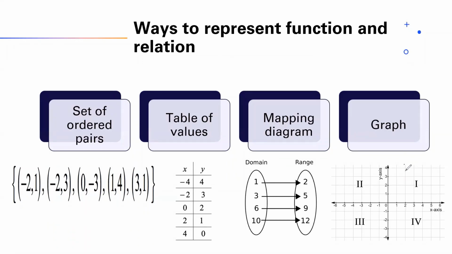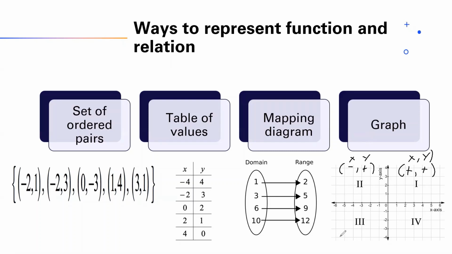For quadrant 1, the sign of x is positive and the sign of y is positive. X moves to the right, y moves up. So that is positive, positive. For quadrant 2, the sign of x is negative and the sign of y is positive. X goes to the left, all values to the left are negative, y moves up, all the values going up